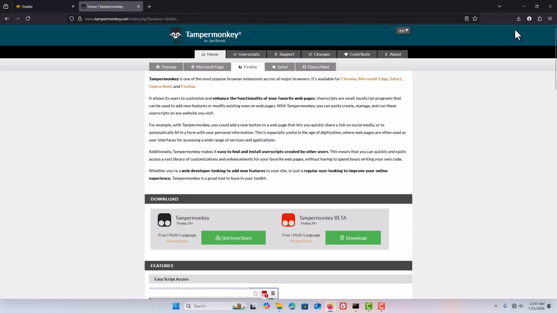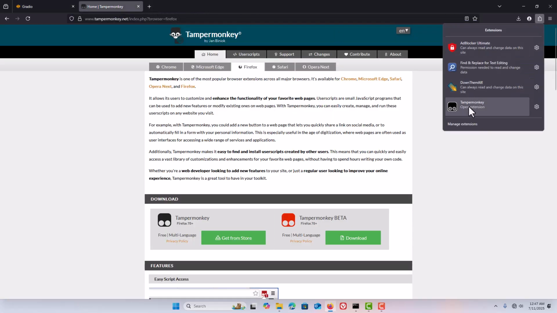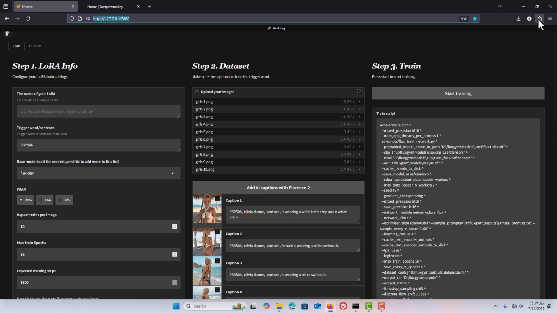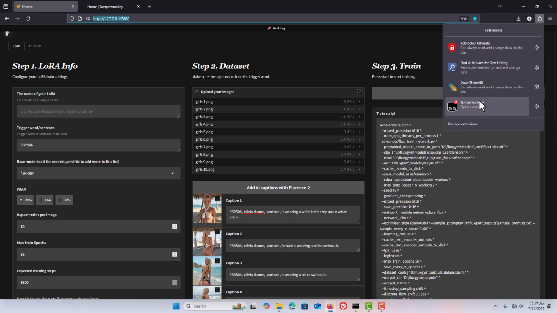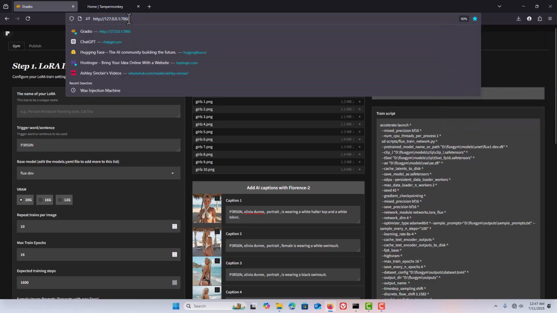And like I said, if you're on another browser, you can see my Tamper Monkey doesn't say 2 on there, because it will only do it for the local URL. And you see 2 here. It's got a couple ports it'll hit, so not just 7860. It should get every one that your local URL is. But anyway,